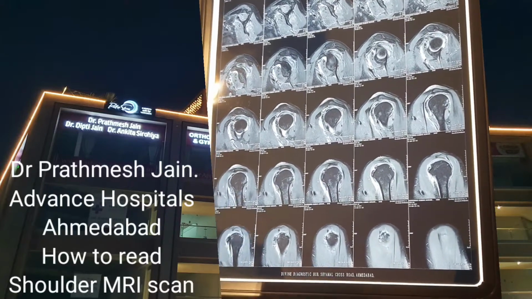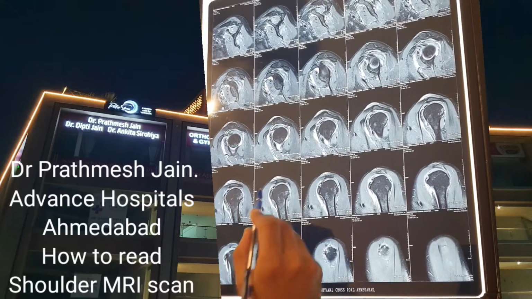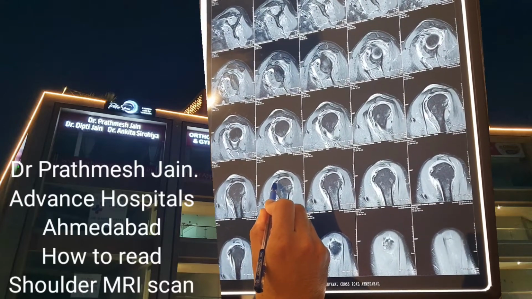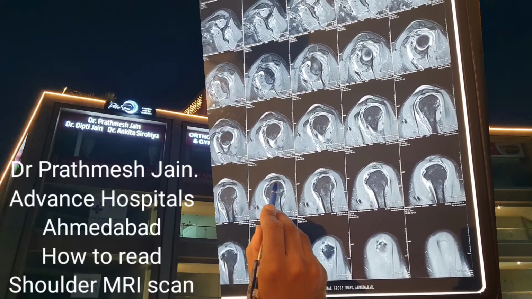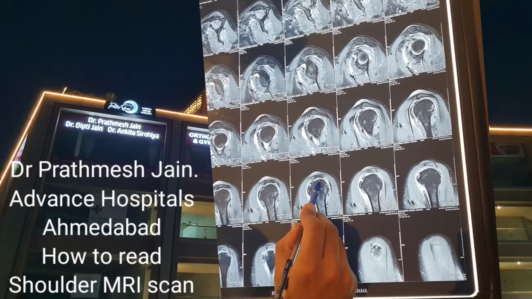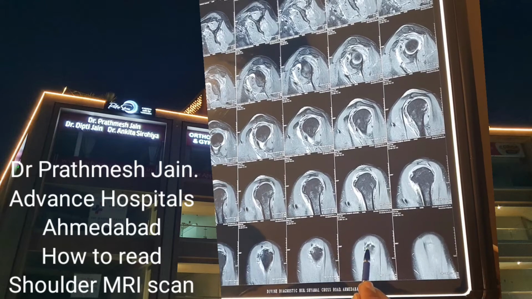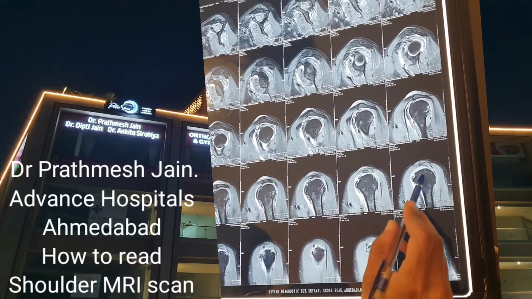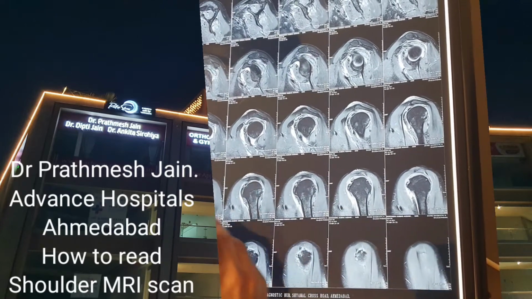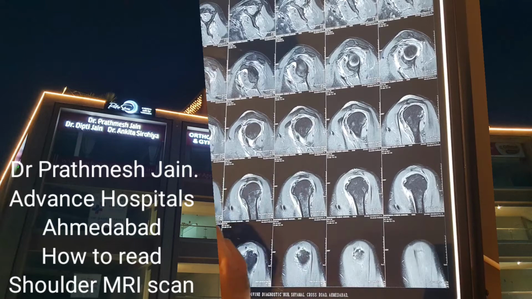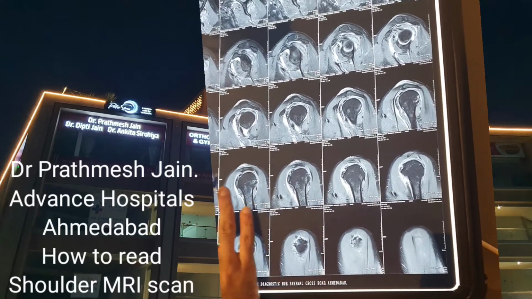Now we were talking about the bald head sign, a little bit appreciated here in this view and this view. Here you can appreciate the biceps tendon in its place. This is the subscapularis, which looks almost normal, but the supraspinatus and infraspinatus are affected in this particular area. So when we go from lateral to medial, you can see that you have a defect here, defect here, defect here, and here you are able to see some hazy, thinned out fibers. So damage in supra and infra, probably whatever pattern we have to see in arthroscopy, but it looks like a subacute tear.